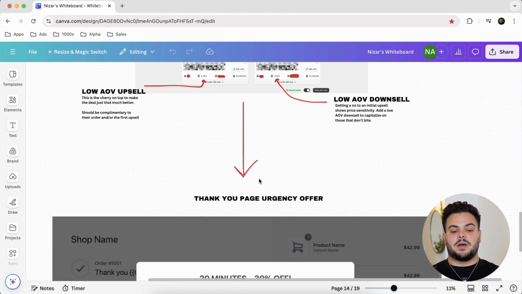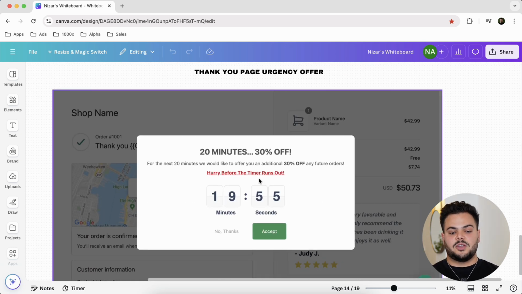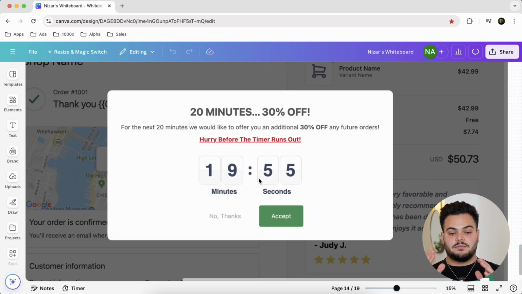And the last piece of this puzzle is a thank you page that creates urgency. So if you see this thank you page right here, again, this is another very cool feature from Aftersell. You can actually include a pop-up that comes up that says you can get, for example, in the next 20 minutes, 30% off anything you want to buy. And you can just link this button to the best sellers. People usually click on this, go to the best sellers, end up ordering 3, 4, 5 different things. We've seen